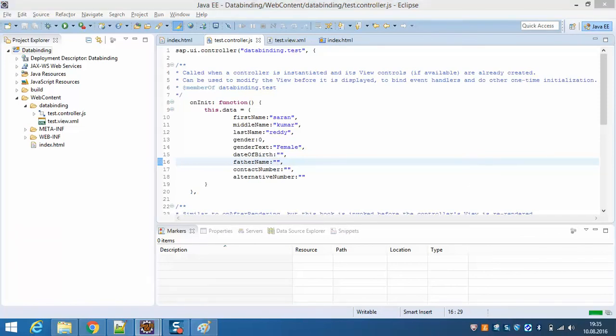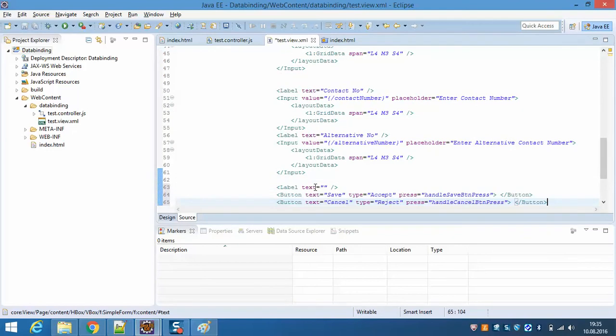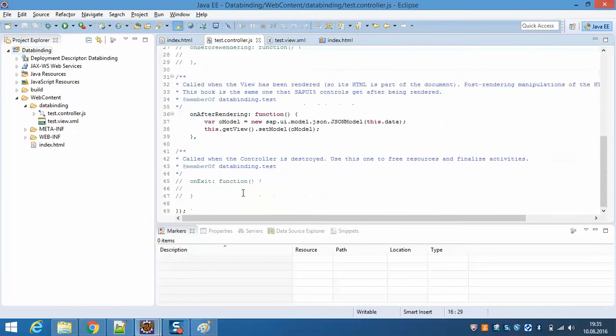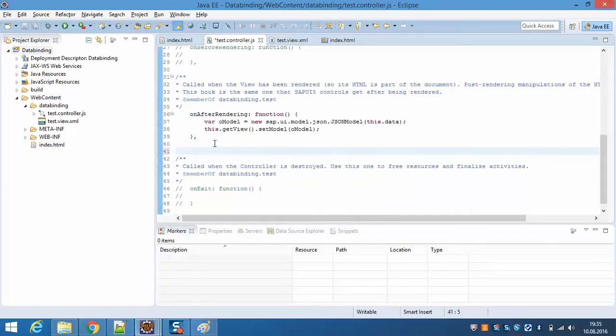So now what you do is create two buttons, just save and cancel. Go back to the view and here create two buttons. I am creating an empty label just to make sure that it renders in a different line. I have two buttons, save and cancel, and I have a callback handler for both the buttons, that means save button press and cancel button press. Now I will copy this, go to the controller, and create the two methods. Okay, so function,